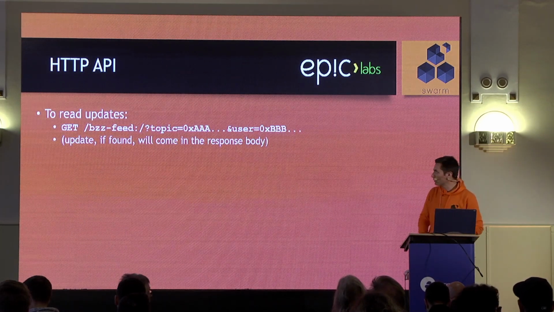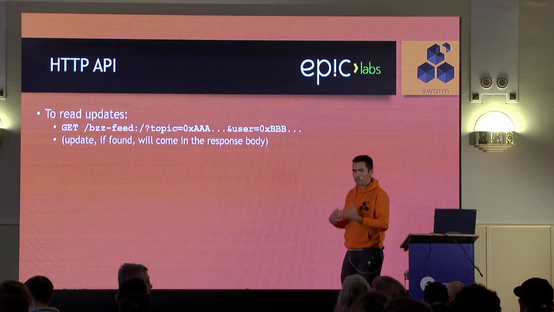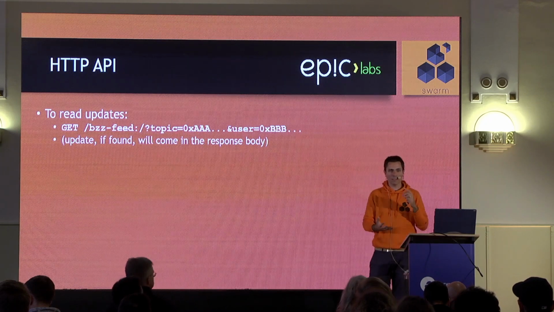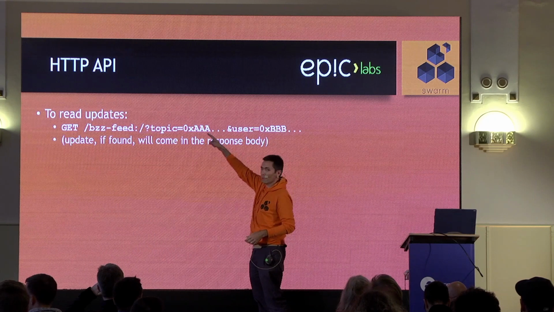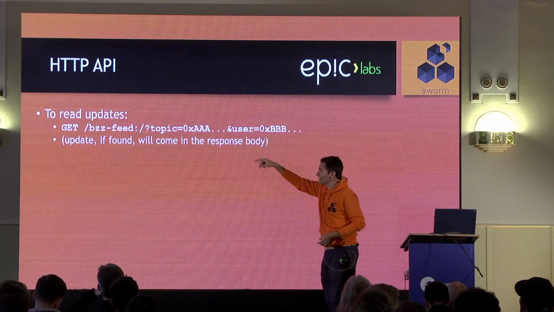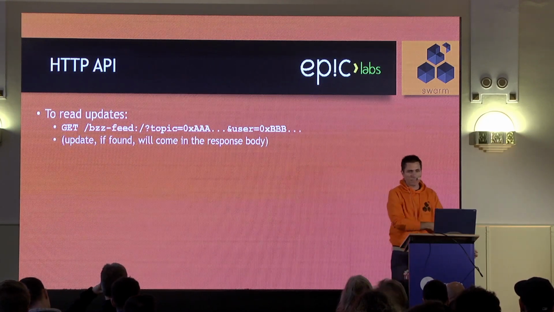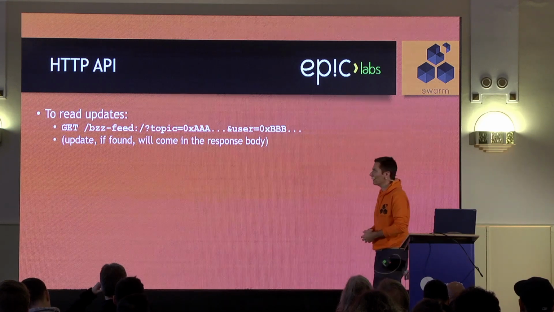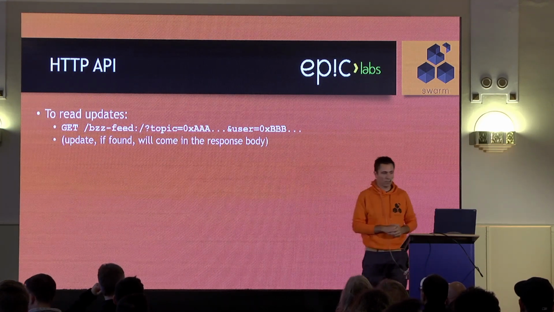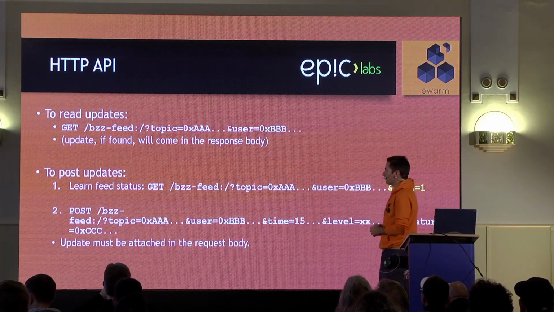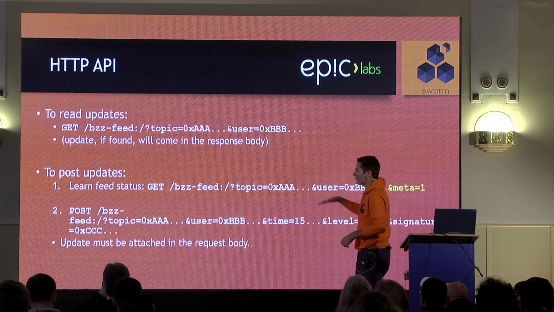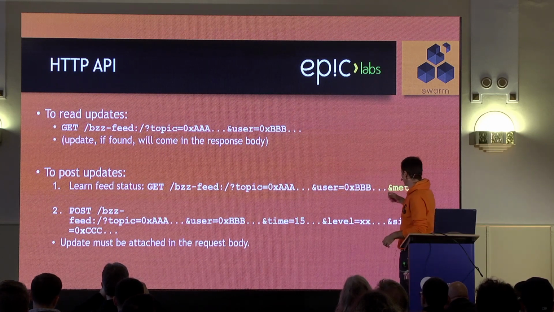To read an update, we said before that the only two things that we need are the user address and the topic. So the API is going to tell you, I need a topic, okay, and I need a user address, okay? And if there's an update, you will get a binary HTTP response, okay? To post updates, it's a little bit more work, but first you need to learn the feed status, and you can retrieve it with this